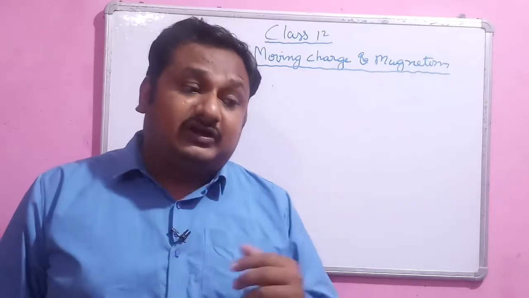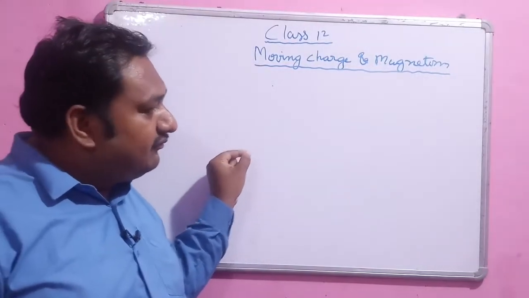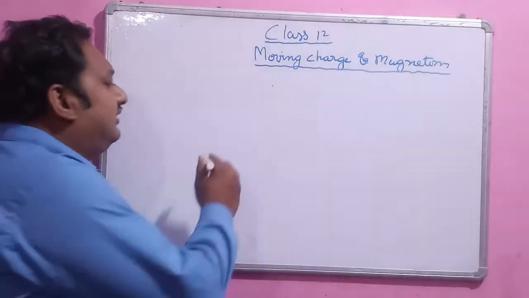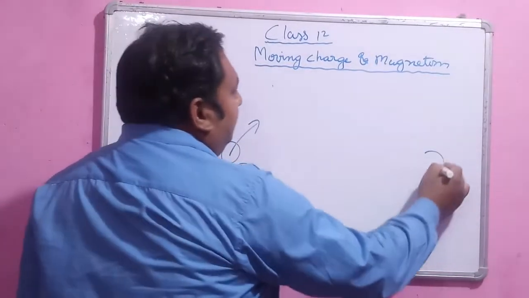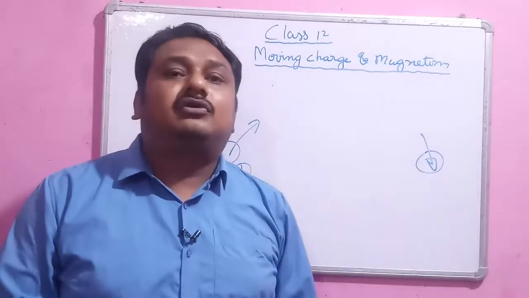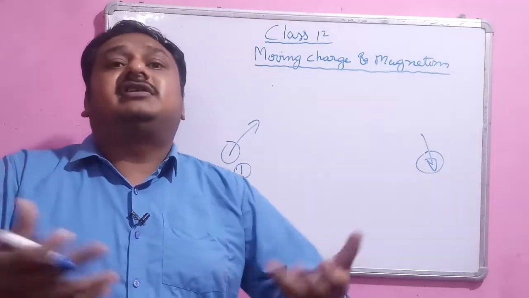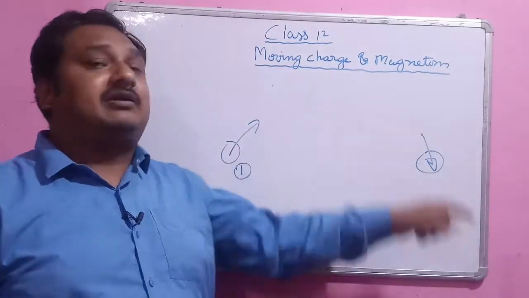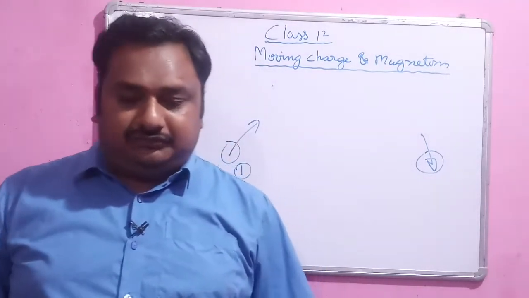Why? Because whenever the source signal of the magnetic field goes from one position to another position, it will take a finite time. It is not like Newton's action and reaction. It is not like an instantaneous reaction. It will take some time. That is another property of the magnetic field.